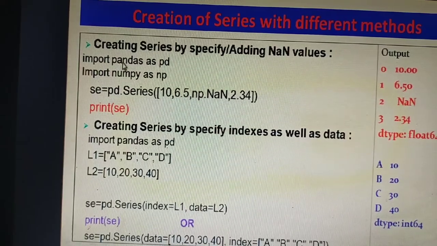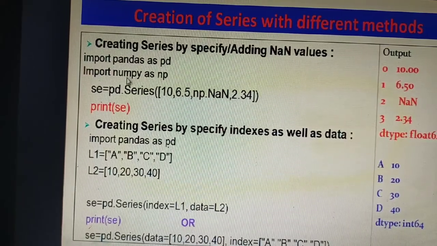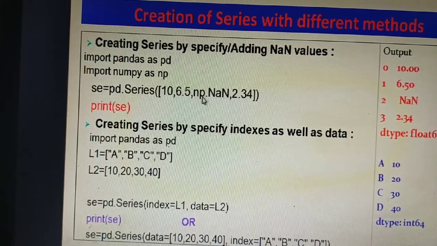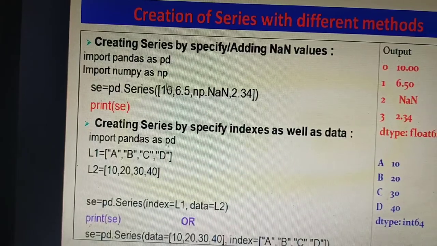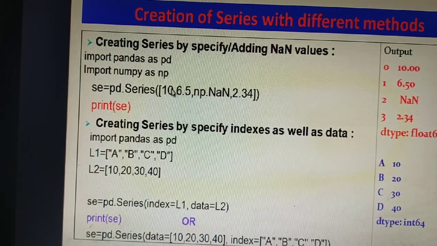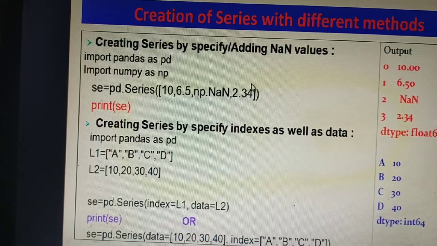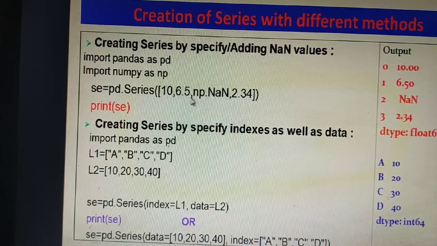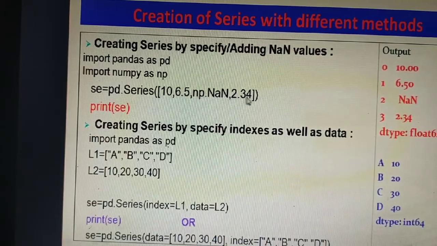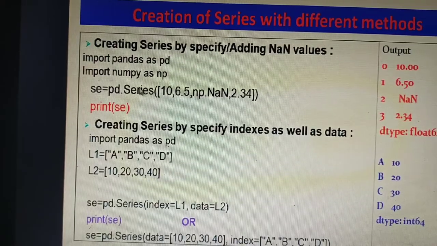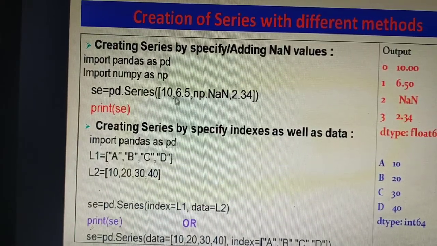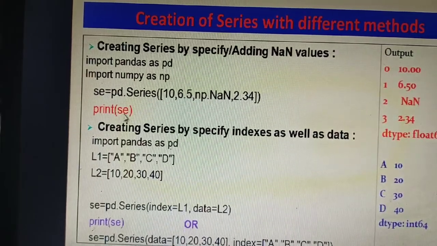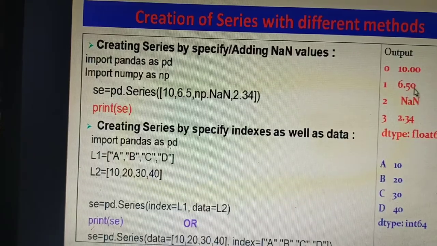So here both pandas and numpy are being imported because both are required. तो जब भी nan को यूज़ करेंगे तो वो numpy से ही यूज़ करेंगे। तो numpy np डॉट nan is there. यहाँ लिस्ट यूज़ कर रहे हैं हम लोग. Using the list we are creating the series, so all the numbers are given separated by comma, whole numbers and decimal numbers, NaN value, all are given, and with the help of the series command we are converting this list into the series, and it is being stored in the SE, and when you print the SE it will display the series.